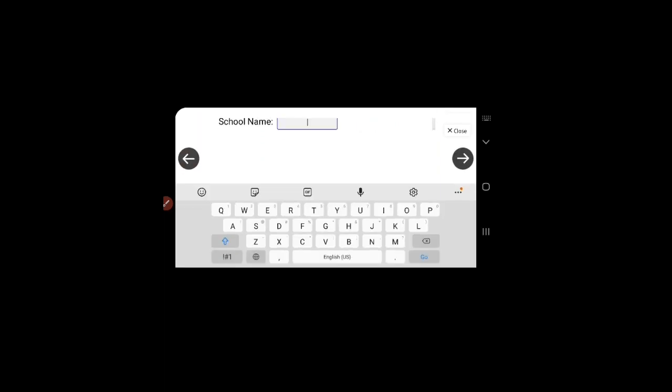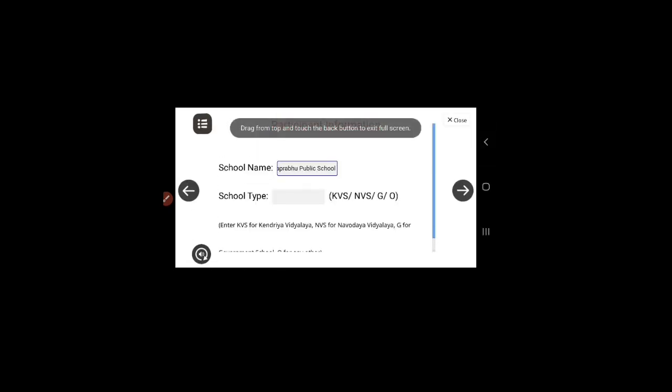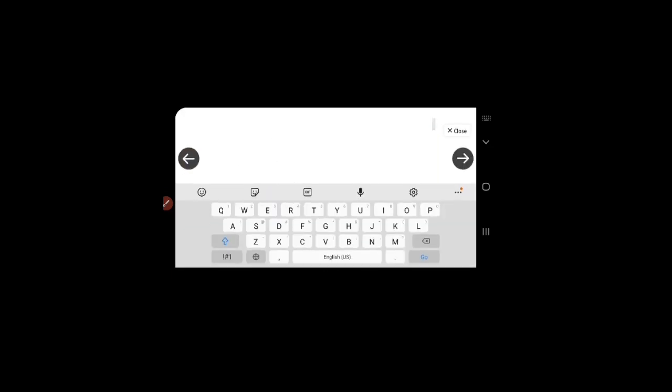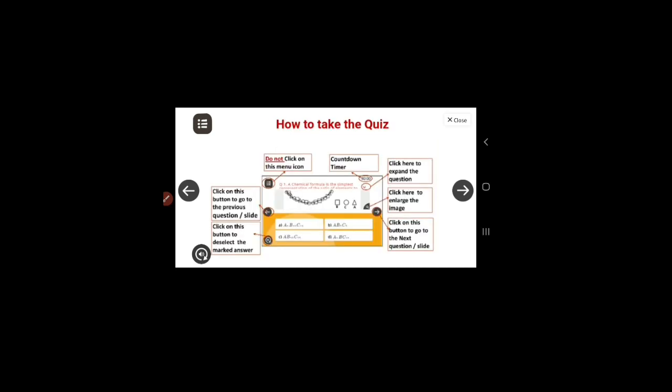Write your school name, that is Sri Mahaprabhu Public School. Then school type is other, O. Then click on the forward button.